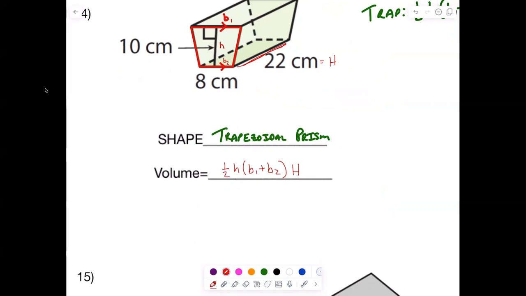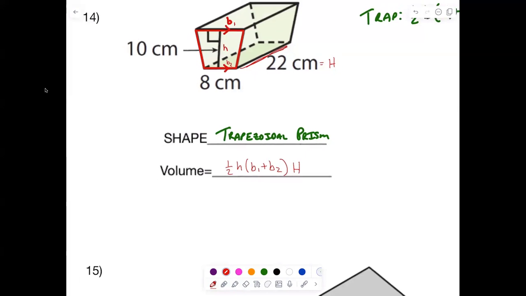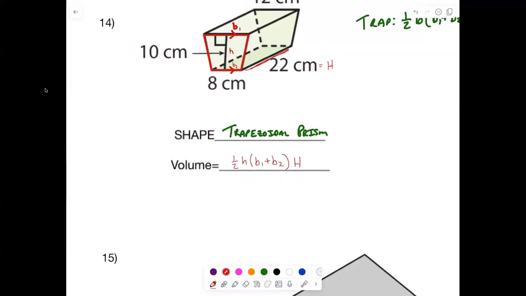Capital H is the height of the prism. Lowercase h is the height of the trapezoid. That is correct. All right. So now everybody take a look at those numbers. Wait, capital H is prism and lowercase is prism? Yes. So when you're looking at this now,